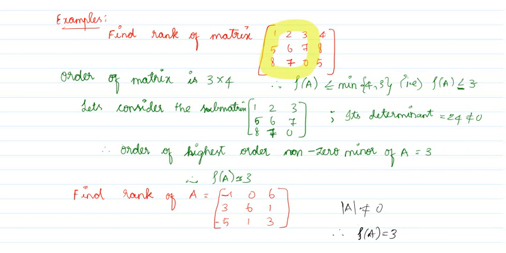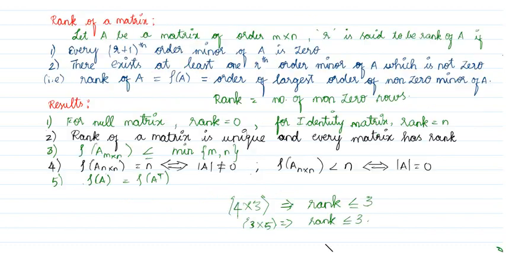All right. In this problem, you just try to work it out. Rank of A is equal to, what you should do first: this itself is a 3 cross 3 matrix, so find the determinant of the given matrix. It is coming as not equal to 0. So we can conclude that the rank of A is equal to 3 by using property number 4: since the determinant is not equal to 0, we can say that the rank is equal to 3, right?